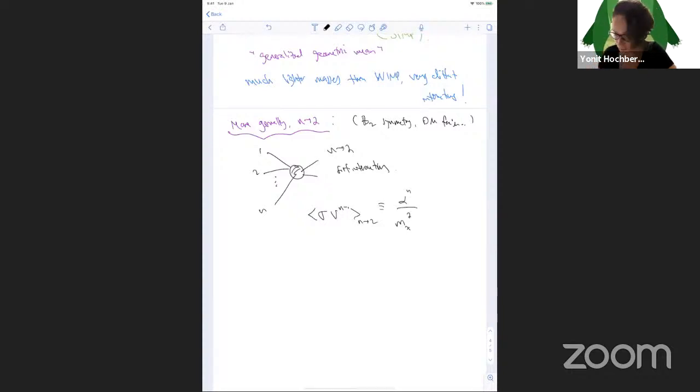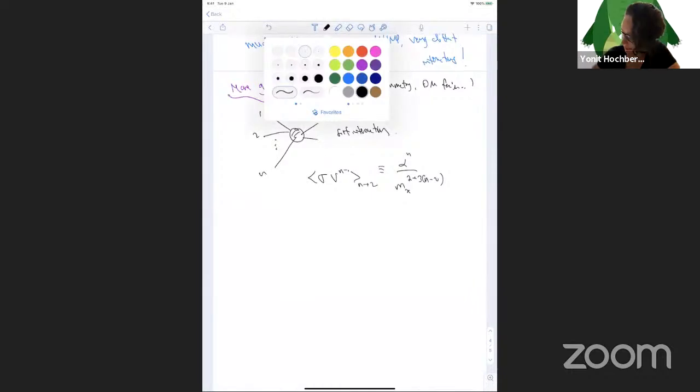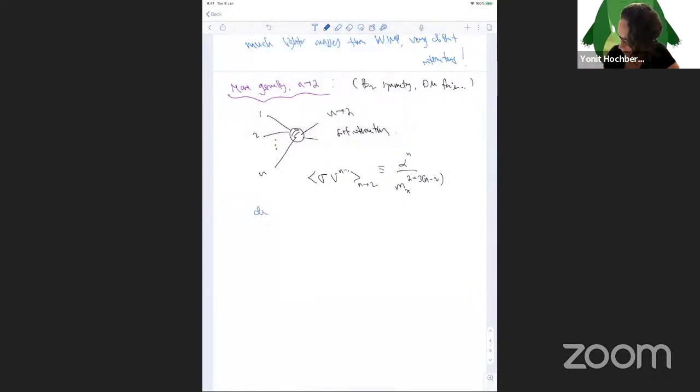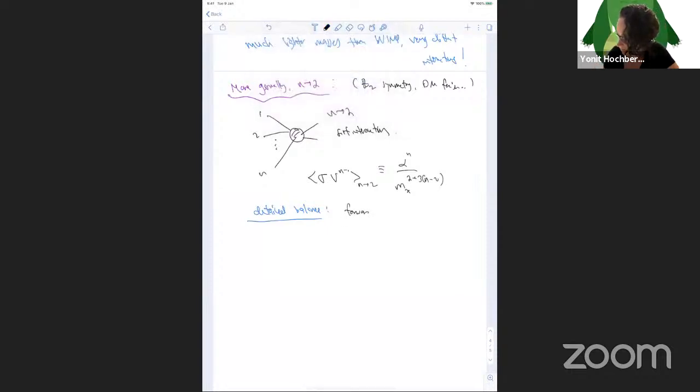So it's 2 plus 3 n minus 2, okay? Now let me show you how I know what the mass dimension is, okay? So let's work that out. Let's take a look at what happens. Let's use detailed balance for this process, okay? So detailed balance tells us that the forward process is equal to the backward process in